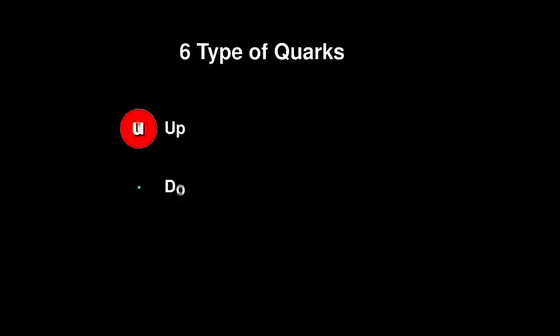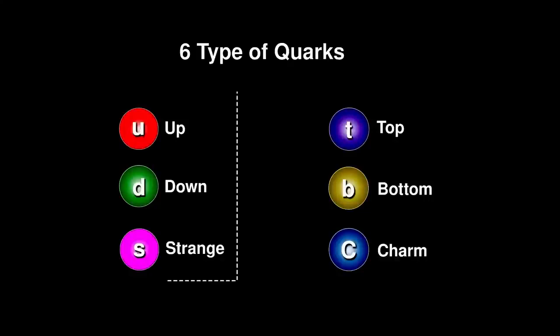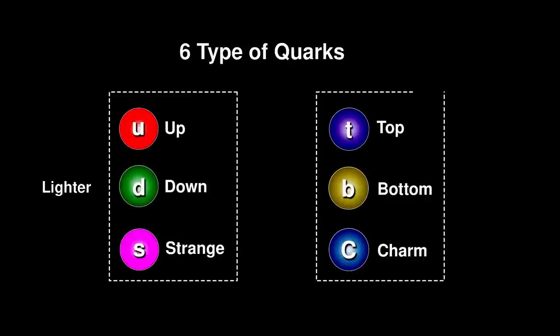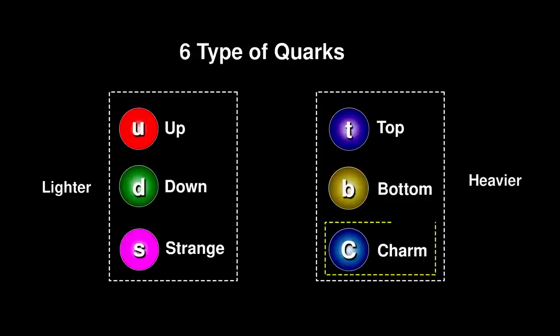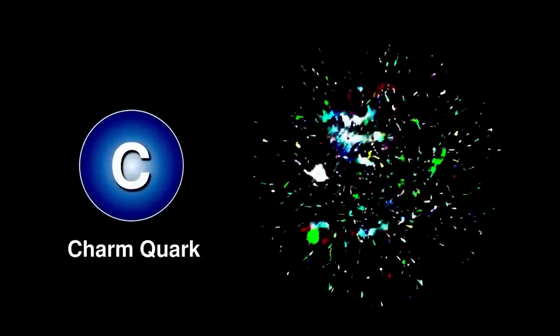Today we are aware of 6 types of quirks: up, down, strange, top, bottom, and charm. Among these, up, down, and strange quirks are considered lighter, while top, bottom, and charm quirks are on the heavier side. Since the charm quirk is relatively lighter in the group of heavier quirks, scientists initially focused on detecting it